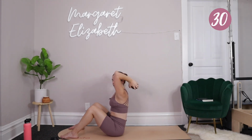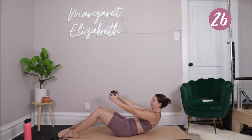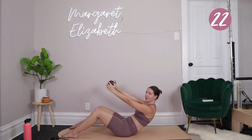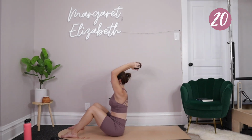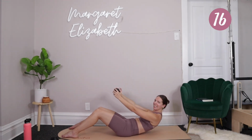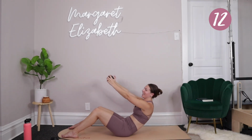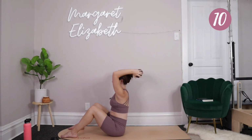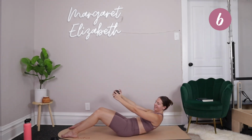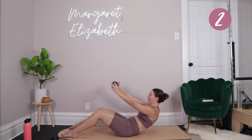Good. So this one is definitely a combination of upper body and core work, but I would go so far as to say every exercise that we're doing today is a core exercise. Will I put that in the title? Probably not, but that's me saying every exercise in today's class is a core exercise. But really, every Pilates exercise is a core exercise. So, we've got 4, 3, 2,